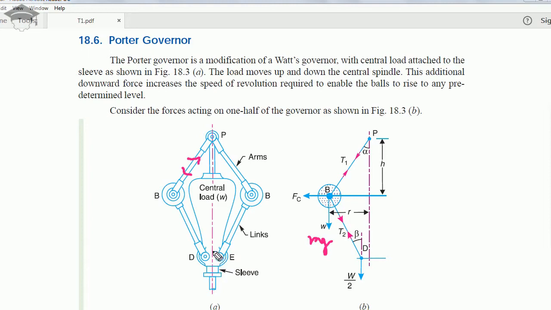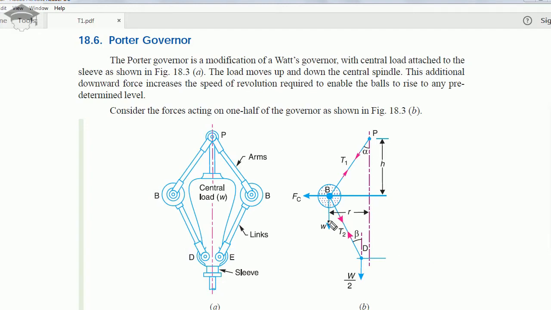Now here the sleeve, because the total mass is capital M, we are considering half of this portion, so its value will be M by 2. When we are writing in terms of weight, M into g, that is W, we are writing here W by 2, and when we substitute the value of W, it is nothing but Mg by 2. So I hope you are clear why this 2 comes: the sleeve is completely of capital M mass, and when we are considering either side of the central load axis, then we have to take half of the value,